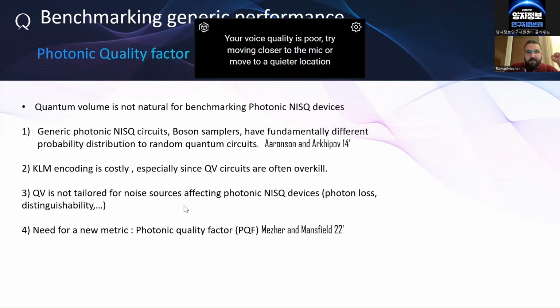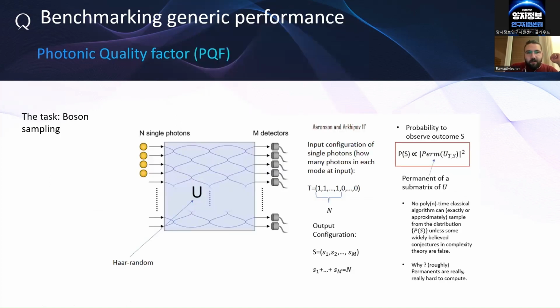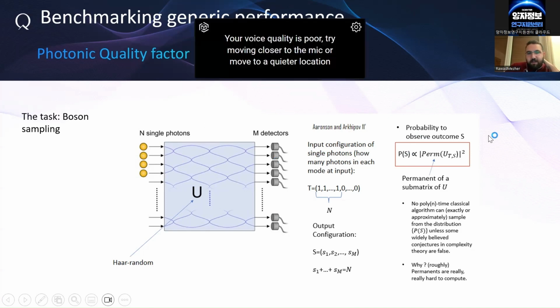And this is the point of this metric, which is tailored to the photonic platform, called the PQF, or the photonic quality factor. The idea is similar to quantum volume. We're looking at a random circuit in the photonic picture, and the random circuit in the photonic picture is a boson sampler, basically. It's a set of input single photons, a hard random M mode transformation, and a set of M detectors. And you saw that the probability to get an output S given a specific input configuration